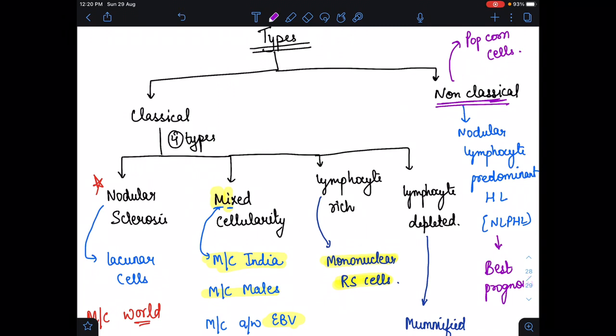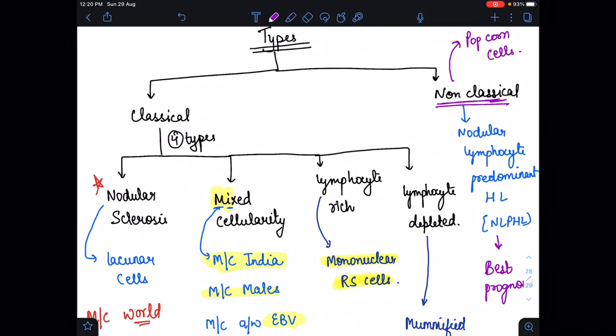So I hope you remember the most important questions which I want to tell you: the staging in Hodgkin lymphoma, Ann Arbor staging is followed. In the Hodgkin lymphoma we see the RS cells, markers CD15, CD30 and PAX5. PAX5 is the most specific. Most sensitive marker is CD30, and on consumption of alcohol there is increase in lymph node pain.